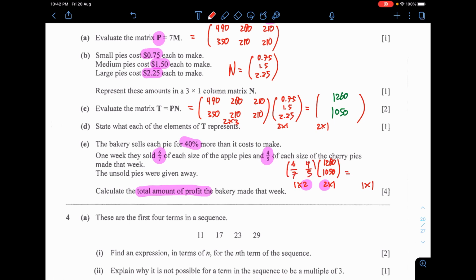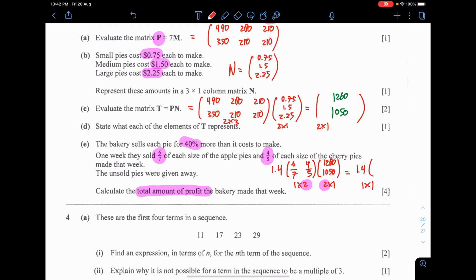Now you might wonder about how about the 40%? We want to increase by 40%, right? You need to multiply by 140%. Now, this is actually just a single number, a numerical. You can just multiply by 1.4 in the very left corner here. It doesn't have to be a matrix. Remember, it doesn't have to be a matrix. The ones that have a matrix here are only these two. And then you multiply the matrices, and the 1.4, I just keep it.